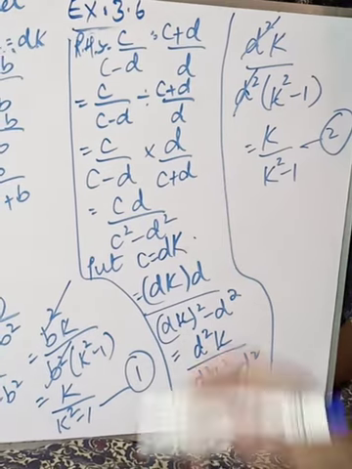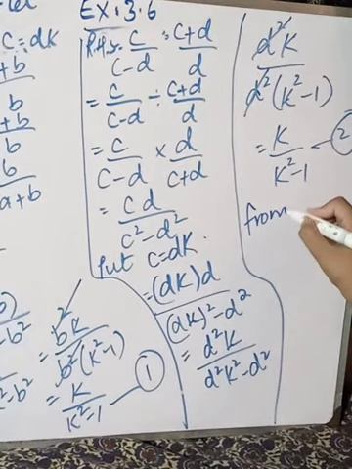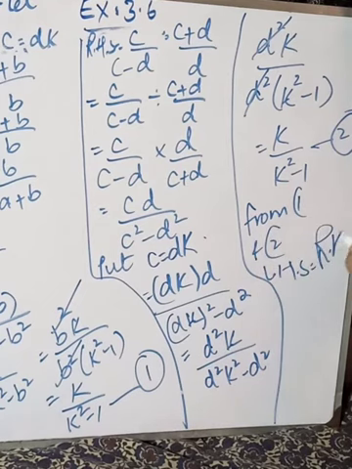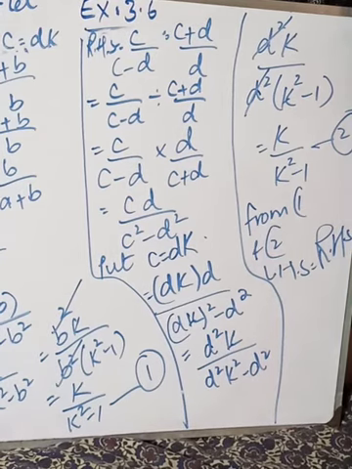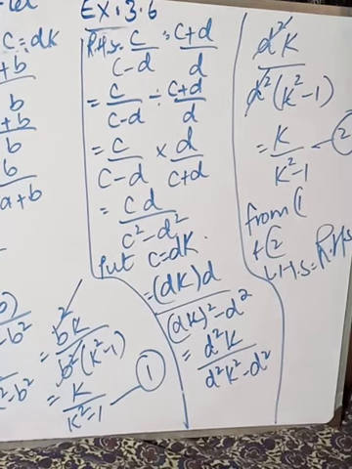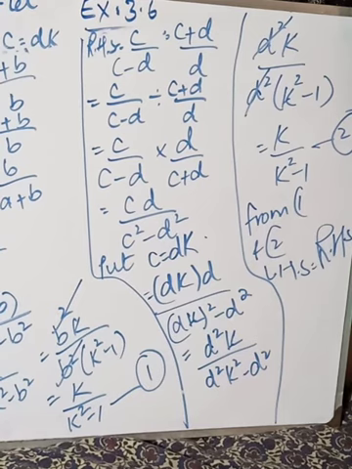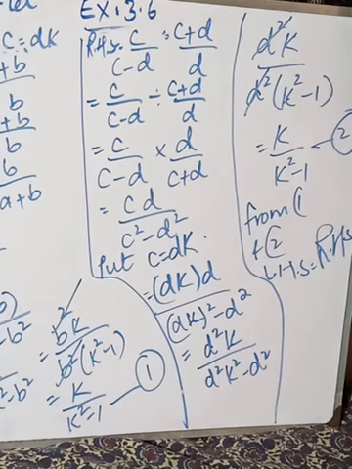From equation 1 and 2, left hand side is equal to right hand side. दोनों का आंसर मेरे पास एक ही जैसा आ रहा है. So we say that the left hand side is equal to right hand side. Okay, this method is quite fruitful and quite easy, simple. एक ही substitution है. So the K method we are going to discuss it. I hope that the question number 1 is clear to you. And we will move towards the question number 2, but the video is going to be quite large, so I think that we should start another one. All right.